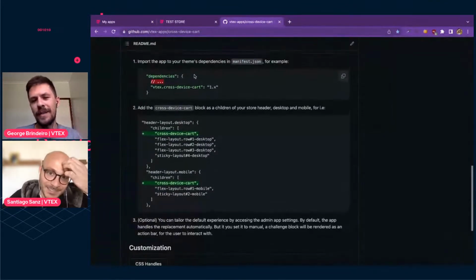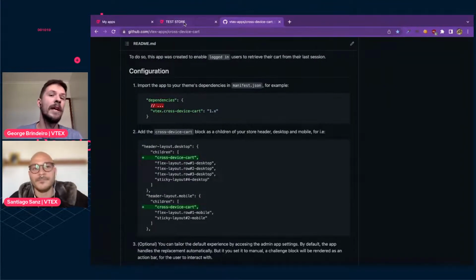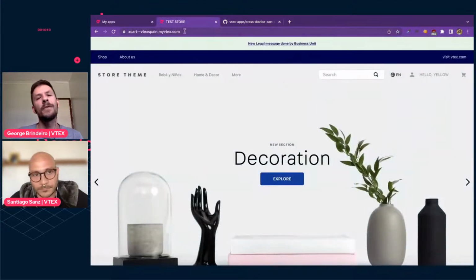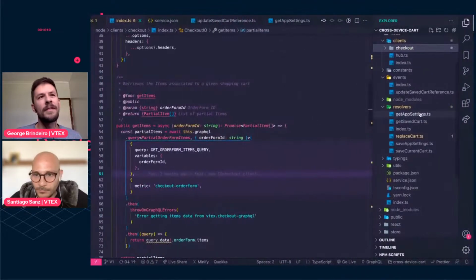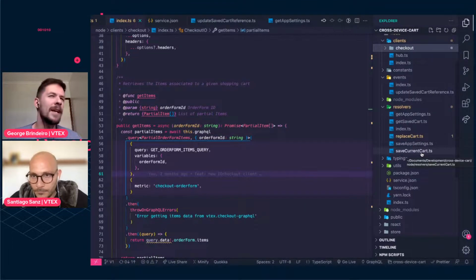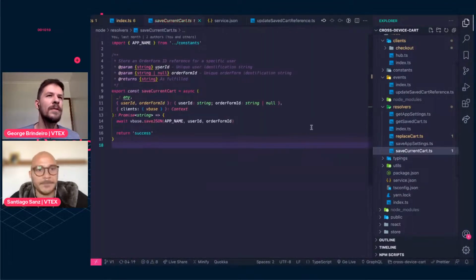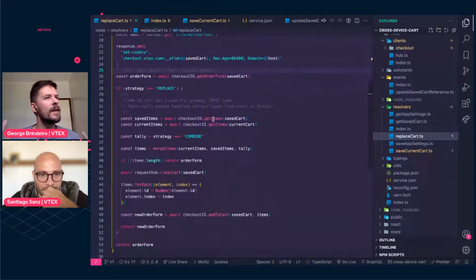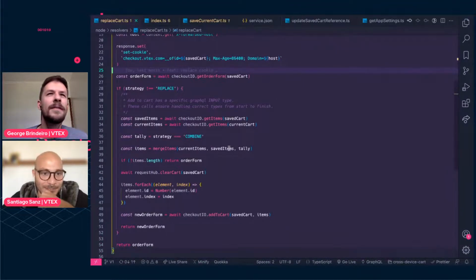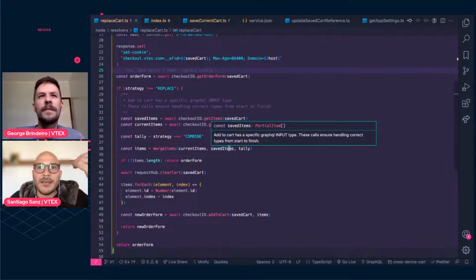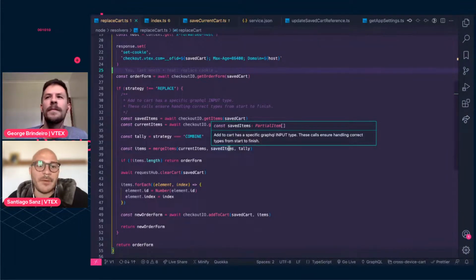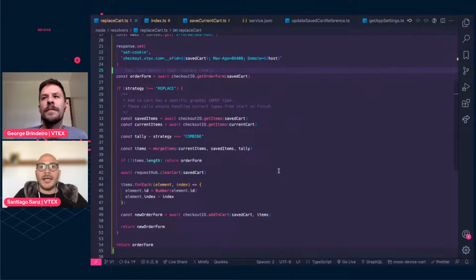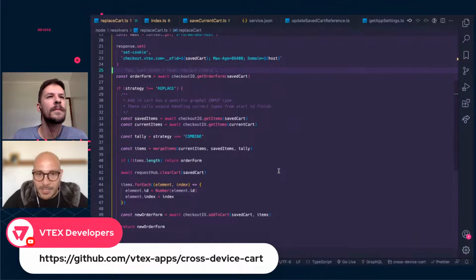And one thing, just to give more context to those of you who don't know what a challenge is, it's just something that can run on your store before everything else. For instance, if you have a B2B store and you want only logged in users to be able to see that, then the challenge is what you'd use to check if the person is allowed to visit, right, Santiago? Or am I confusing the concept? No, totally that. A challenge renders first before everything else, so you have the chance to